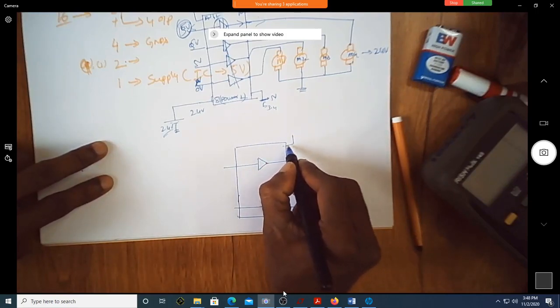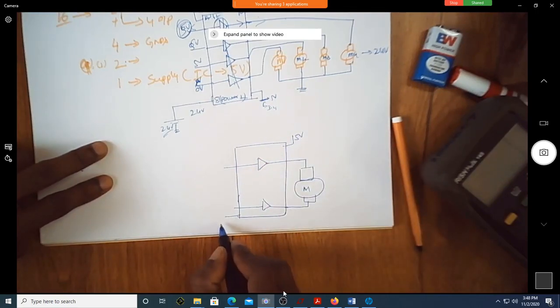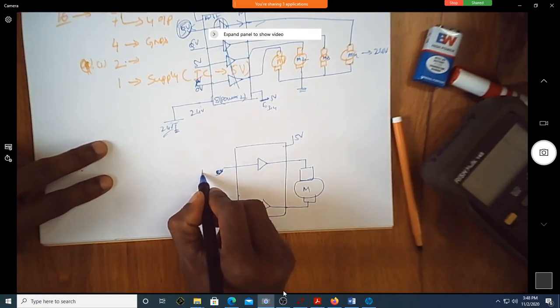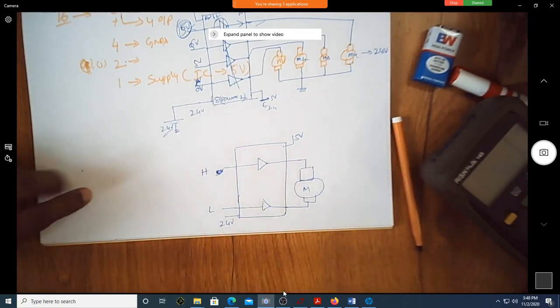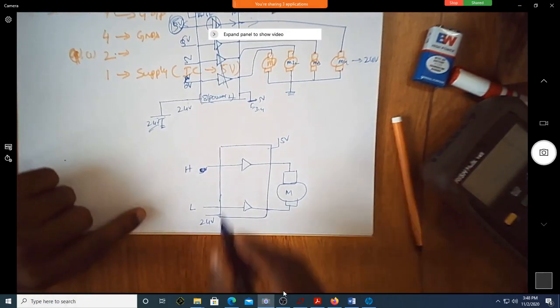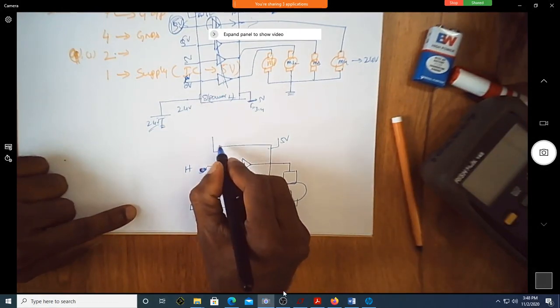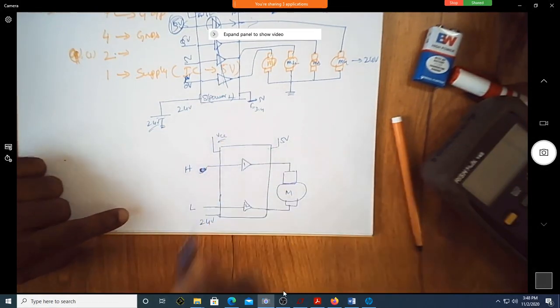This is connected to 5 volt, this is connected to 24 volt. Let me make it low, high. This is high, this is low. Correct? Assume that this is enable 1, buffer 1, buffer 2. So this is VCC.